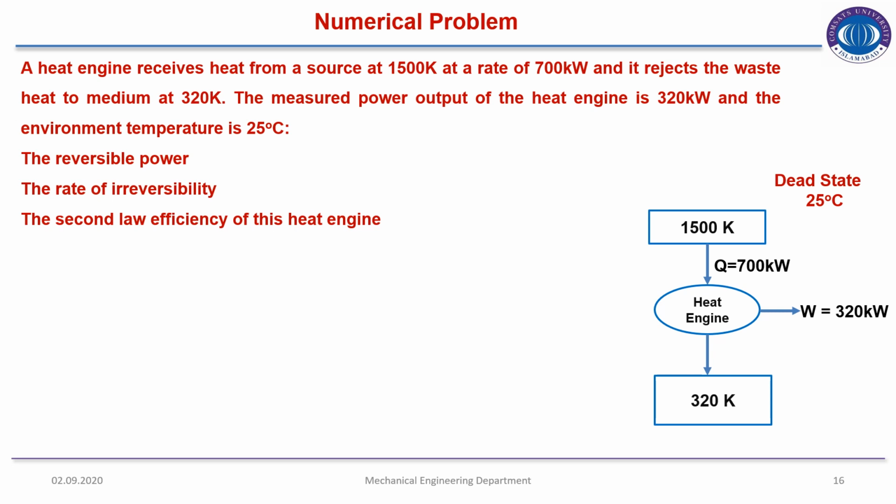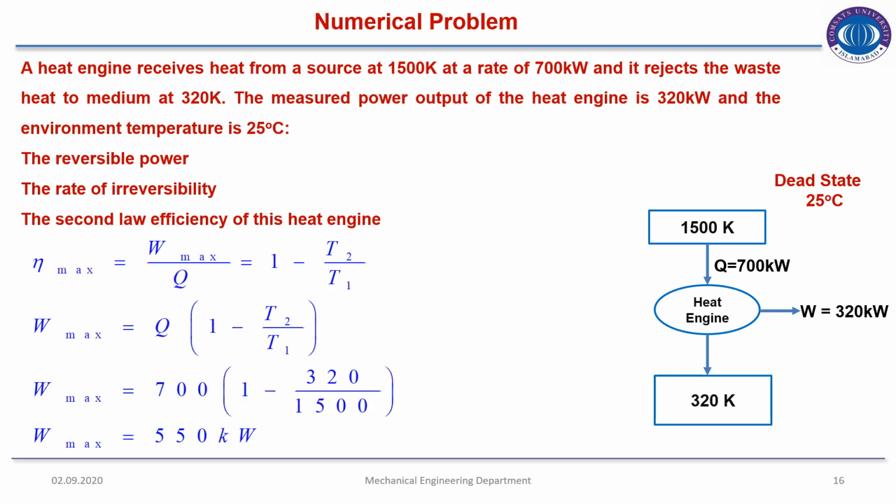So this is the schematic diagram of heat engine. A heat engine is connected to the source of 1500 Kelvin temperature, absorbing 700 kilowatt of energy, producing 320 kilowatt of work, and rejecting the rest amount of unavailable energy into the sink, that is at a temperature of 320 Kelvin. Part 1, to calculate